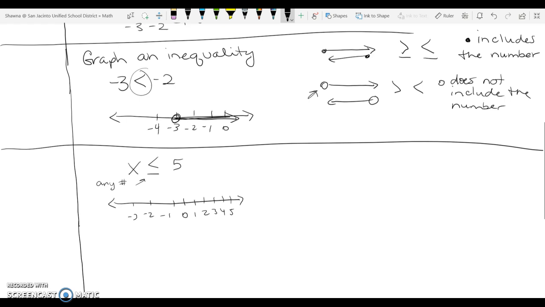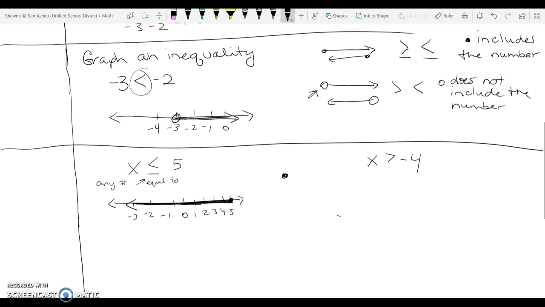All right, so this equal to sign tells me that I need a closed dot. So I'm going to put a closed dot on 5. And it says x is less than. So in order to go less than, I'm going to go to my left. Just going to draw a dark line like that with an arrow, and that's how I know how to graph that one. Let's see. How about x is greater than